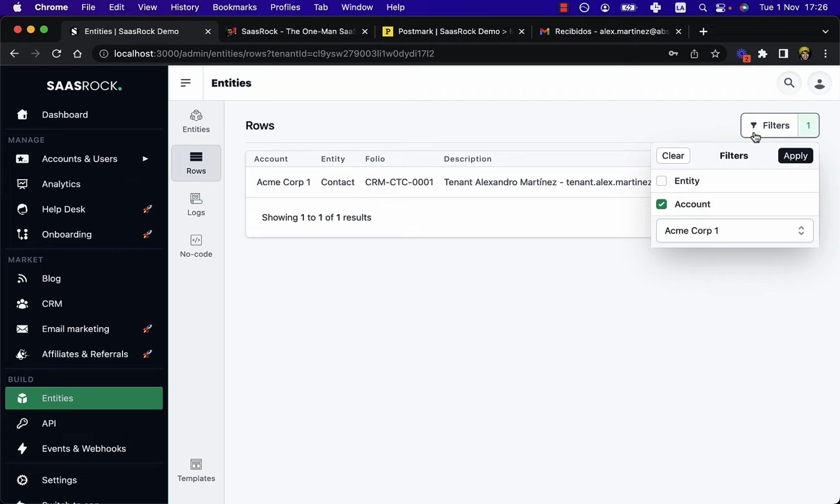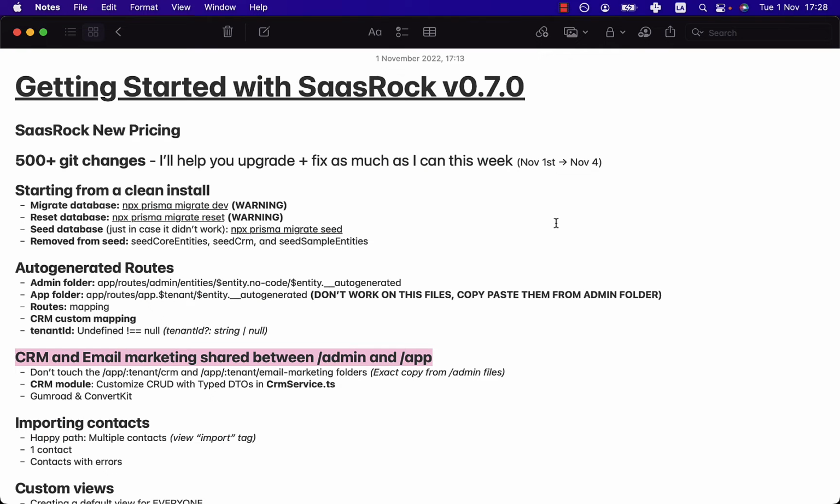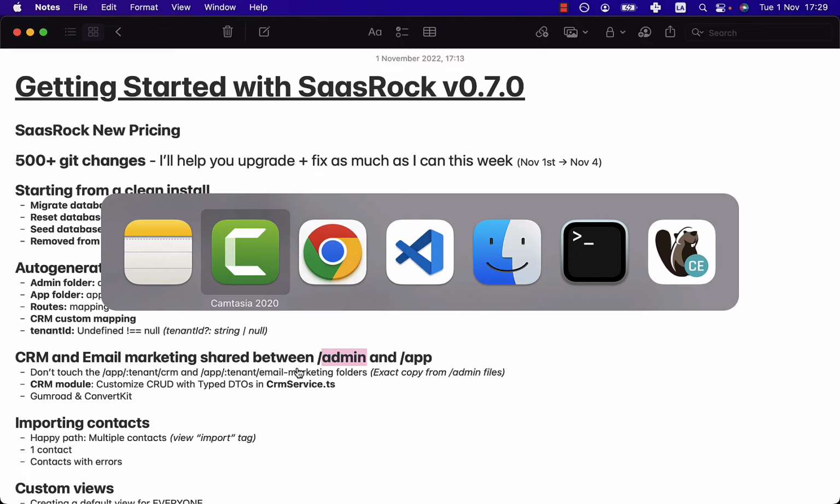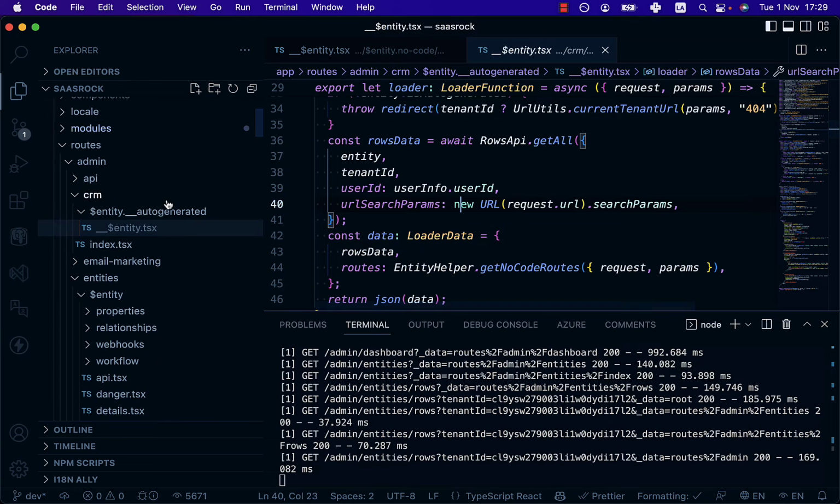So there's an important distinction between whenever tenant ID contains null, or it's undefined, or contains a value. The same principle applies for CRM and email marketing routing structure. It contains on the admin the exact copy for the app. Let me show you. If we go to the CRM, you can see there's one file and one folder with